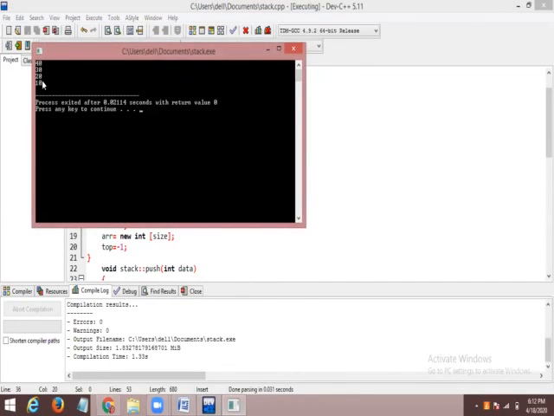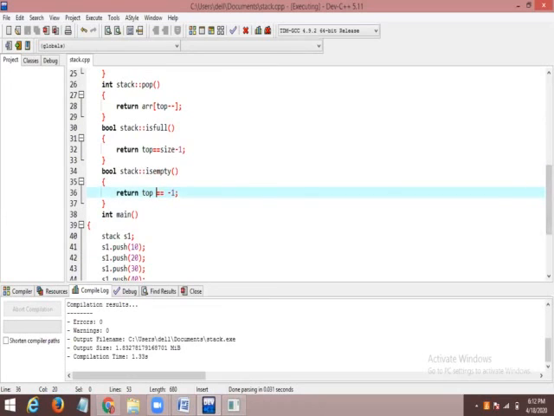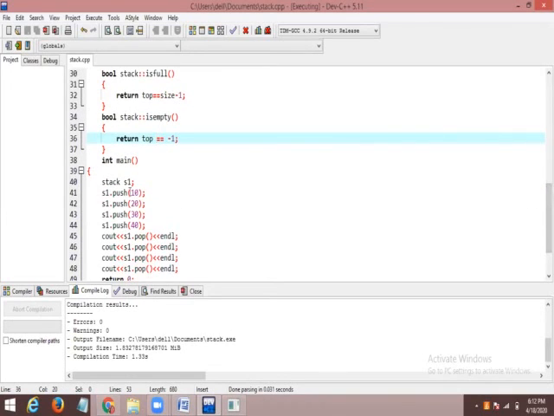See, 40, 30, 20, 10. So first, the values I gave here: first I gave the value of 10, 20, 30, 40. In the same way it should be, because here I have given the values 10, 20, 30, 40, and I asked the pop operation to do its work.